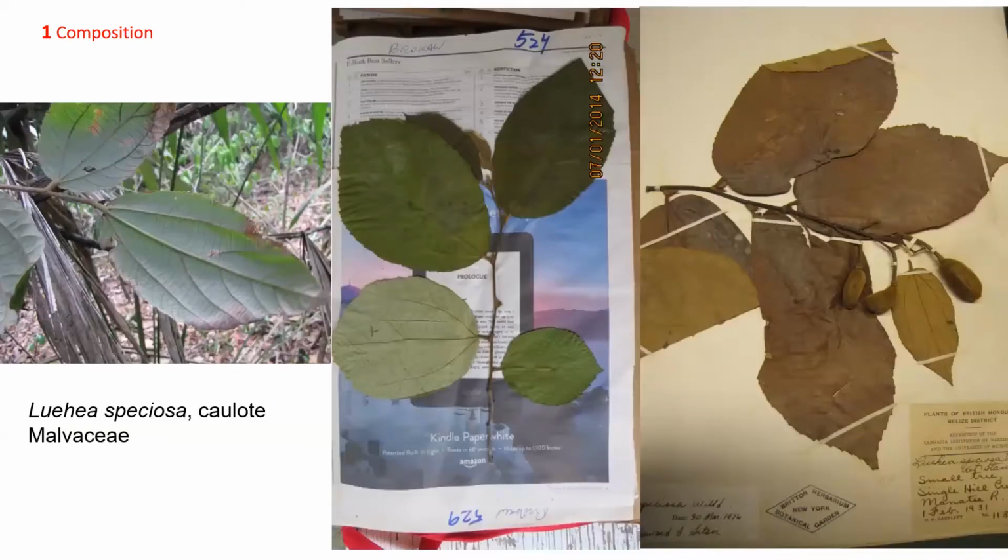And of course, we collected. Here, for example, is a conspicuous species, Luehea speciosa. Here's our collection, and here's a specimen from the Missouri Botanical Garden. So we collected to learn and, of course, to verify our identifications. This was perhaps the most fun, almost the most fun stage of the work, because it involved a tremendous amount of exploration and learning new things every day.